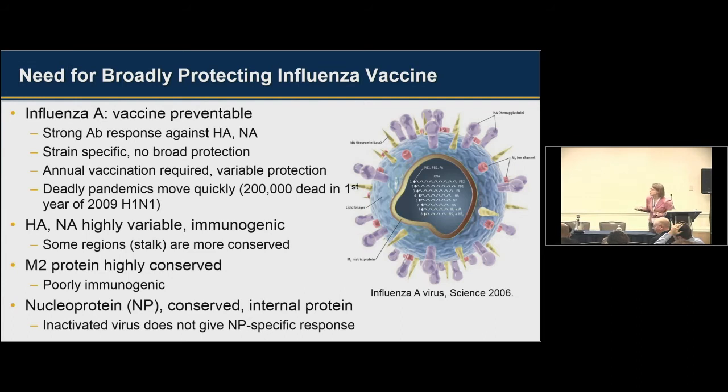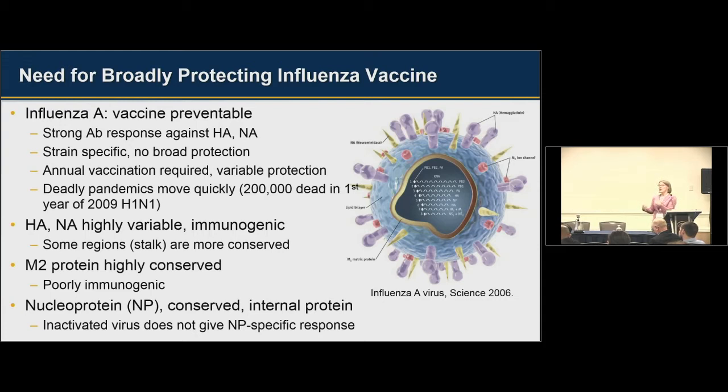When you look at influenza, generally you have hemagglutinin, one of the main surface proteins, in purple. You have neuraminidase, these spikes. There are also the red little dots, which are M2 ion channels. And then there's a couple other proteins that are not pictured here. Basically the HA and NA, so hemagglutinin and neuraminidase, are the most immunogenic. So when you get a whole flu vaccine or you get the flu, you're usually developing antibodies that recognize the HA and NA. And the problem is those are the proteins that